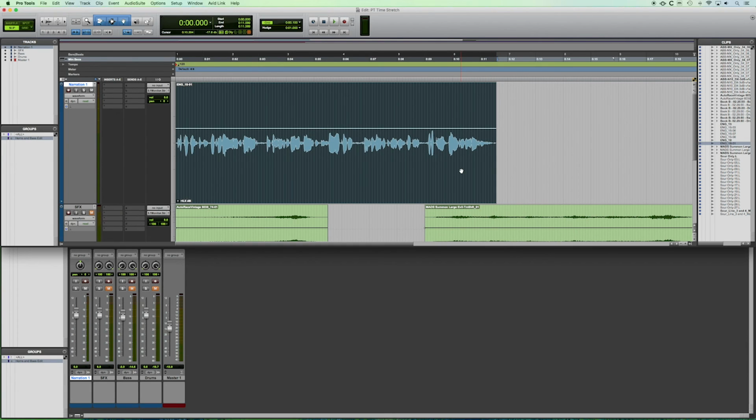And if you wanted to get an exact reading of the length of this file, you can see here in our transport bar that it's showing you the start time, end time, and the length of the selected event. So it's actually just some milliseconds over 11 and a half. We've got 11.589. So let's grab our audio event with the TCE option selected for our trim tool, and let's move